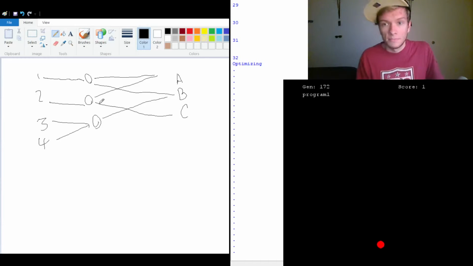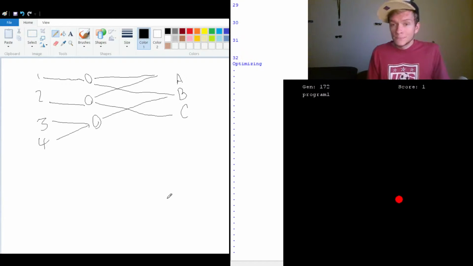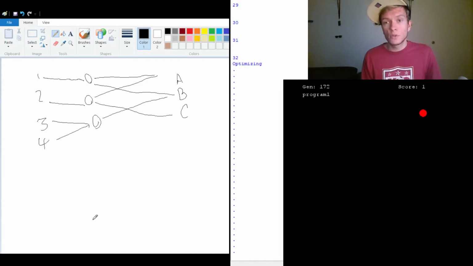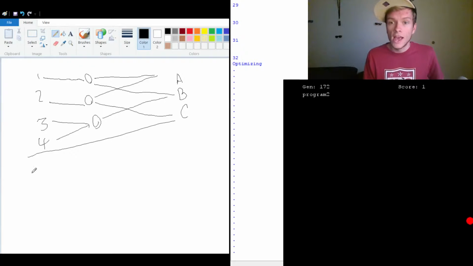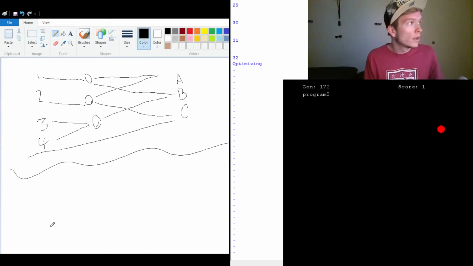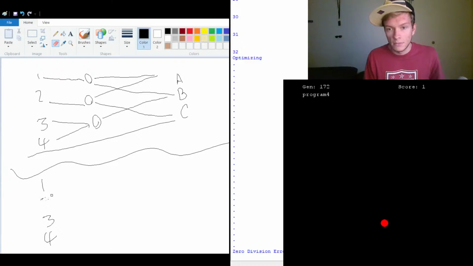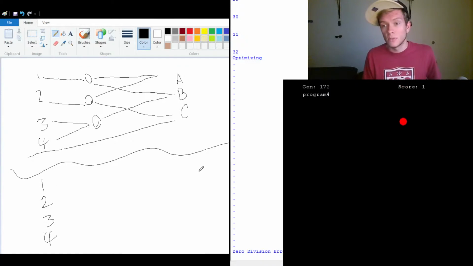So I'm just going to make it simplistic. The difference between this and the previous one: now I'm going to draw what the new AI looks like. So we have our one, that's a three, so two, four. Now let me just make that better. Now we have our inputs, we have our outputs,